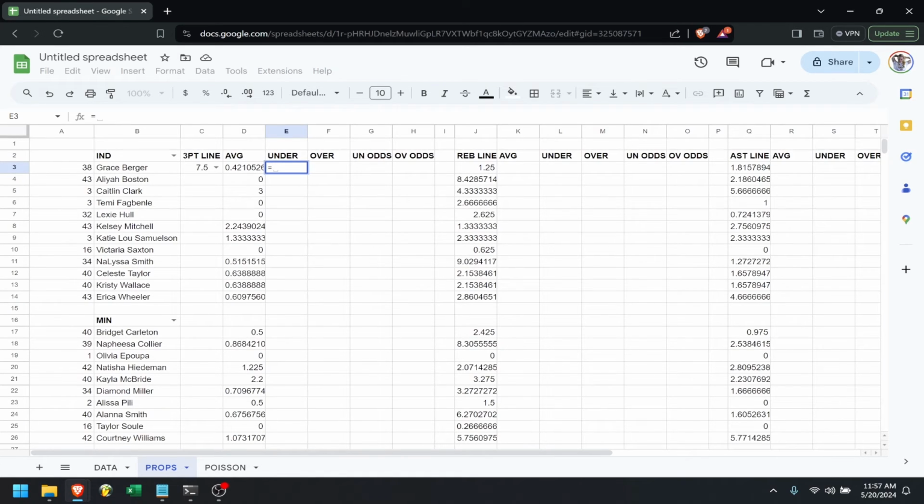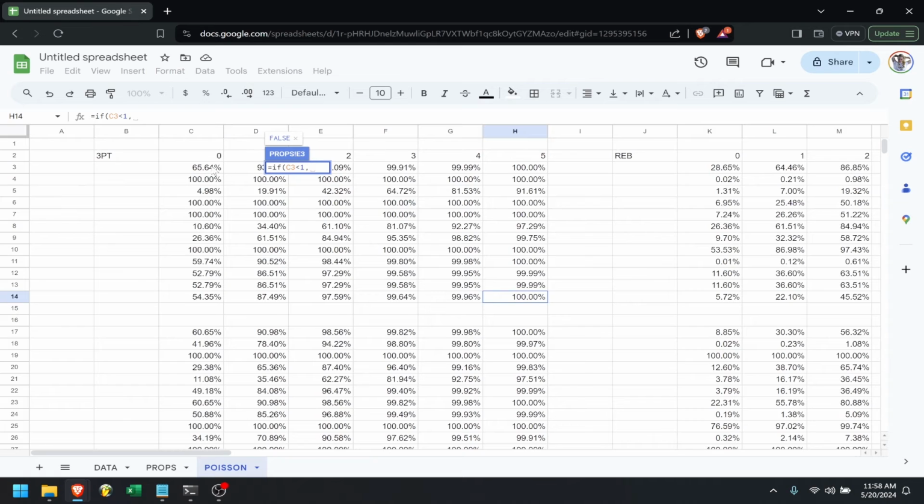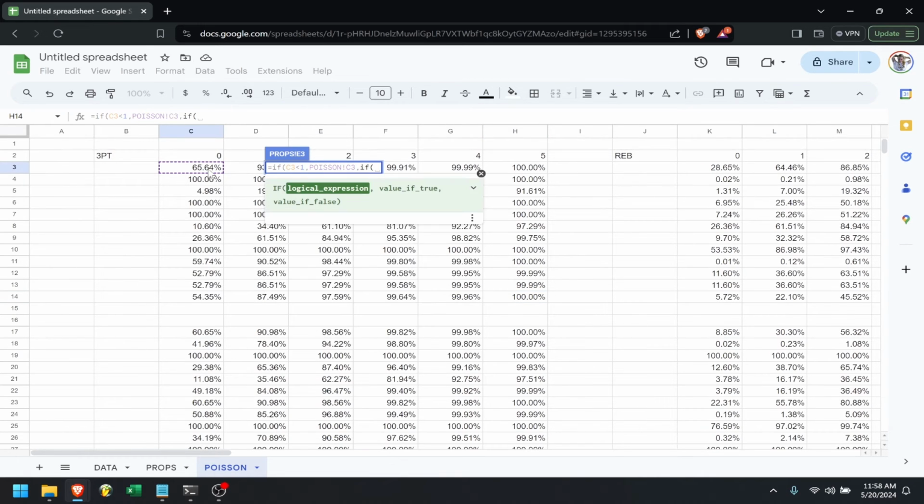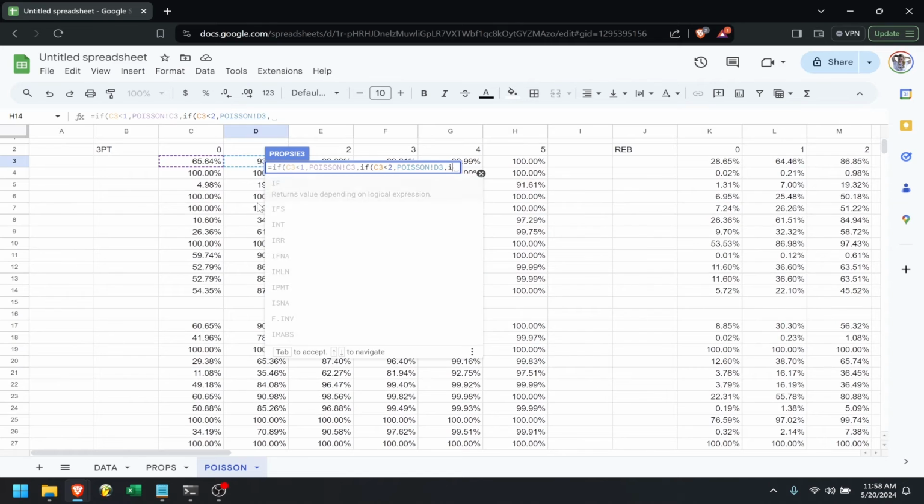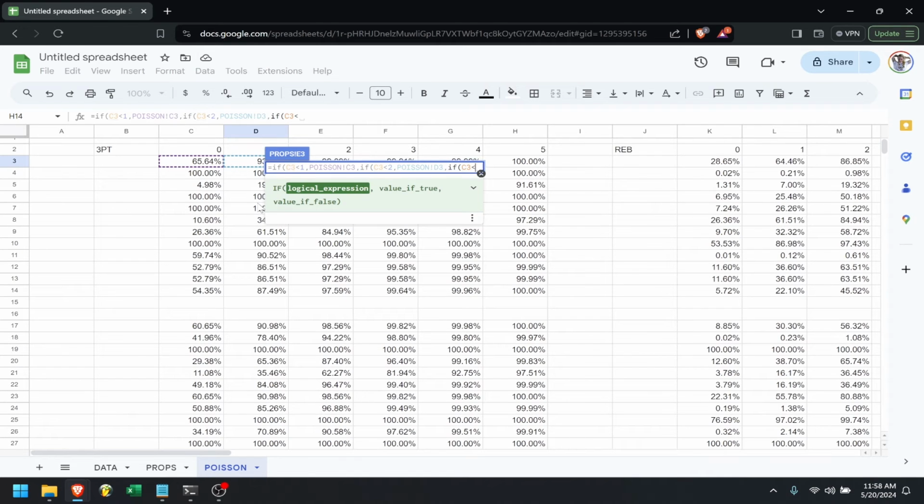to check the set line if that's less than 1, 2, or 3, and so on. So if it is, then we'll return the correct percentage from the distribution. So we're going to say if this is less than 1, then we're going to return that. If C3 is less than 2, we return this. If C3 is less than 3,